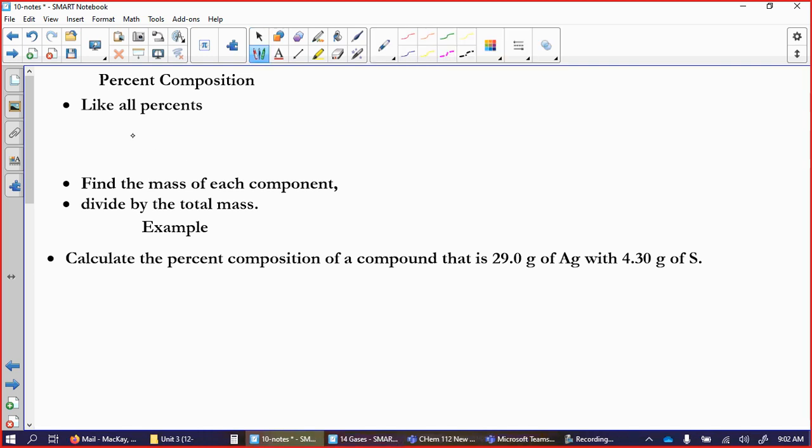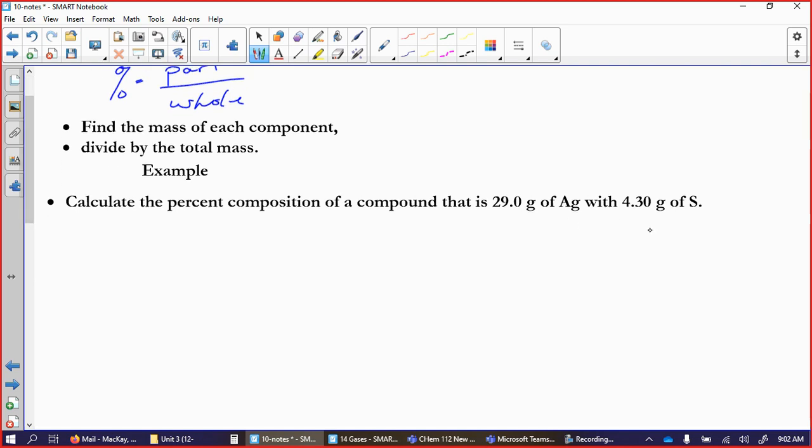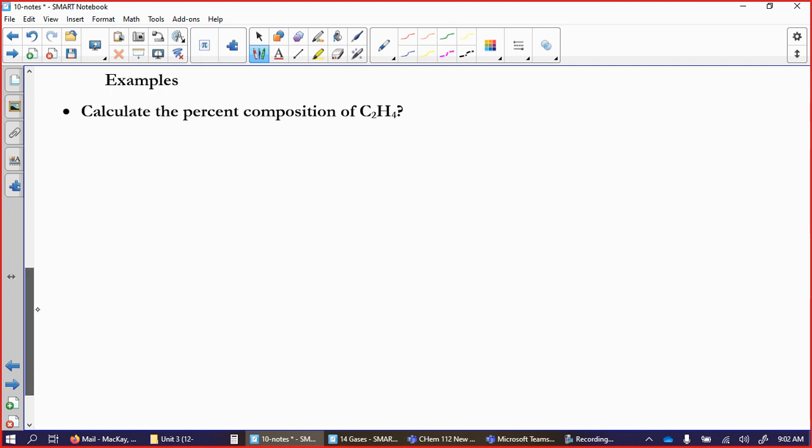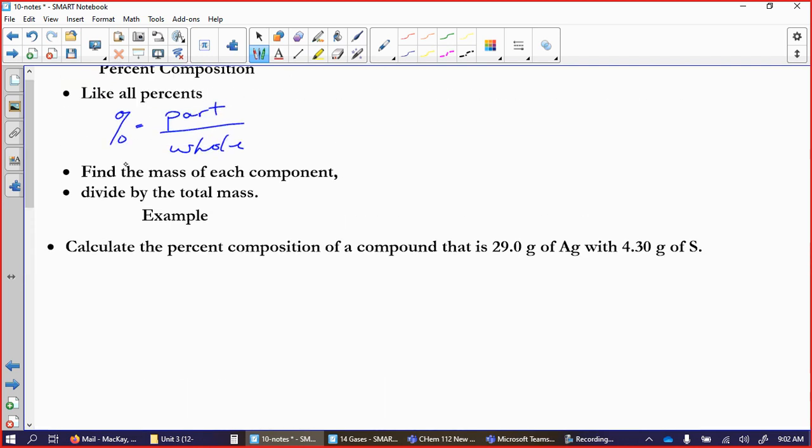Percent composition, percents, is part over a whole. So there's two types of percent compositions. There's one where you're given the two masses of everything, and there's one where you're given a formula and are asked to do a percent composition. So find the mass of each component, divide by the total mass, times 100. So 29 and 4.3 is 33.3 grams